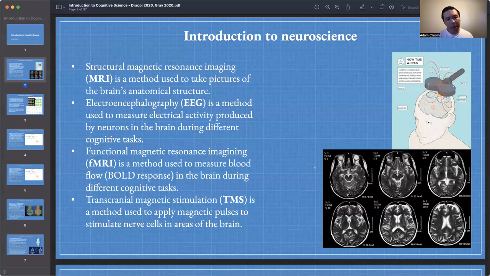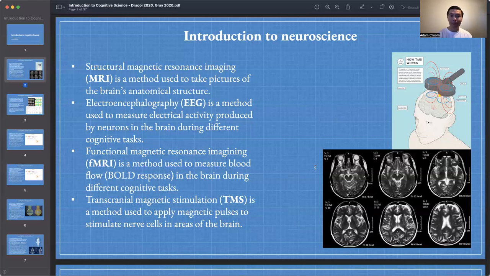All right, and we'll see some pictures of fMRI and EEG, the sort of images that they provide us with, here in the next slide. And the last method that we're going to talk about for today is transcranial magnetic stimulation. This is a method used to apply magnetic pulses to stimulate neurons or nerve cells in areas of the brain. Whereas fMRI and EEG get you to perform some task first,